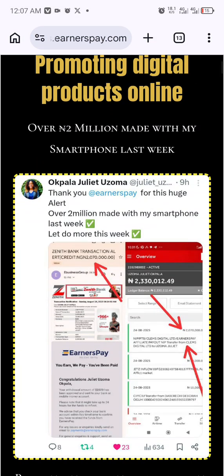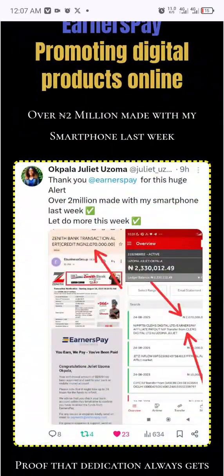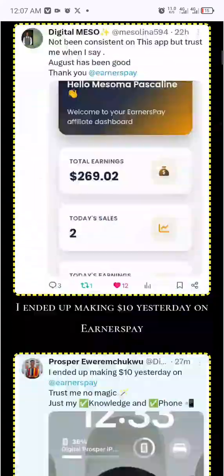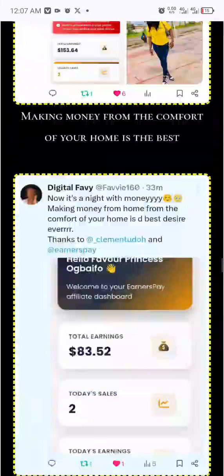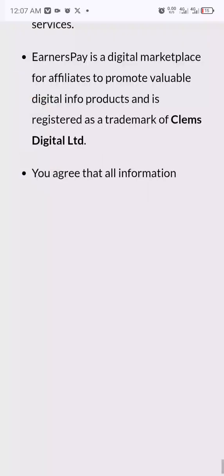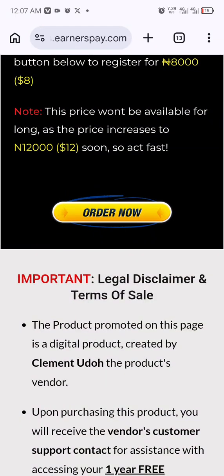So this is the sales page, so you need to slide. Can you see someone earned over 2 million made with a smartphone? You can just go through it and read. Then you come to this place, you can just slide down. Okay, see, you can tap on order now. So when you tap on it,